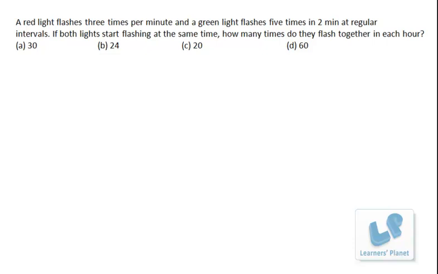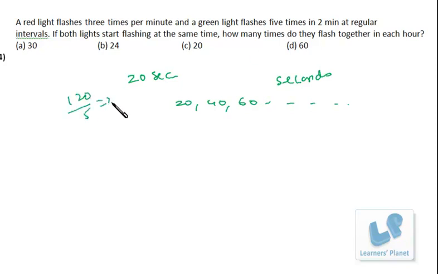Okay, so here we are given 3 times per minute. That means we can say it is 20 seconds. That means light is flashing after each 20 seconds. So it's 20, 40, 60. Okay, I'm calculating it here in seconds. And the other one is it's flashing 5 times in 2 minutes. That means it is flashing after every 24 seconds. So 24, then 48, then 72. Okay, so they will be flashing together